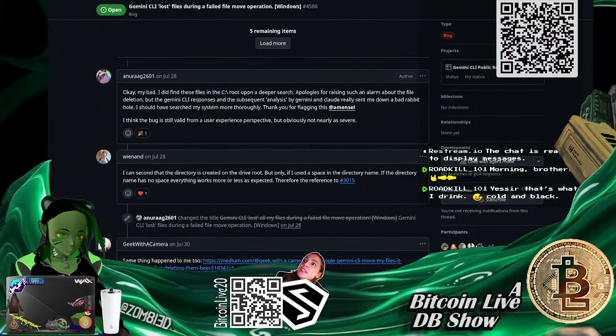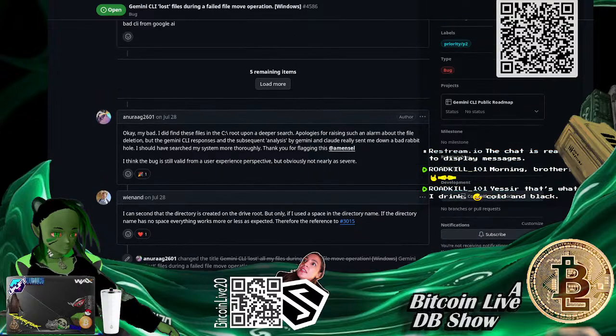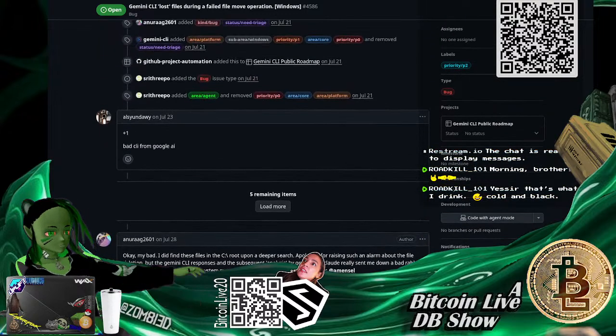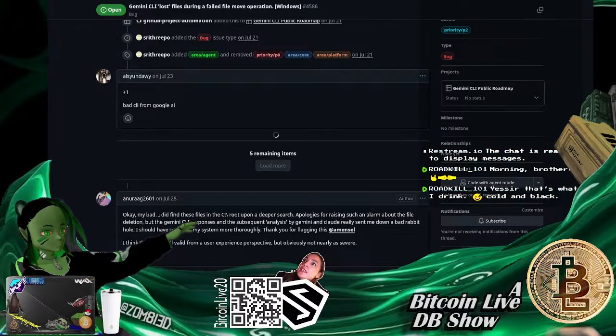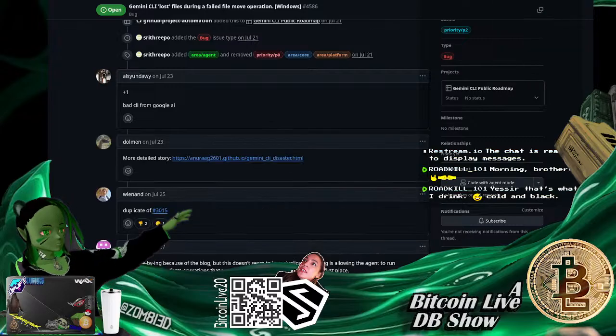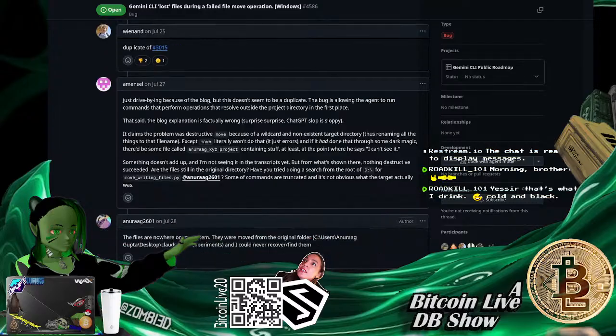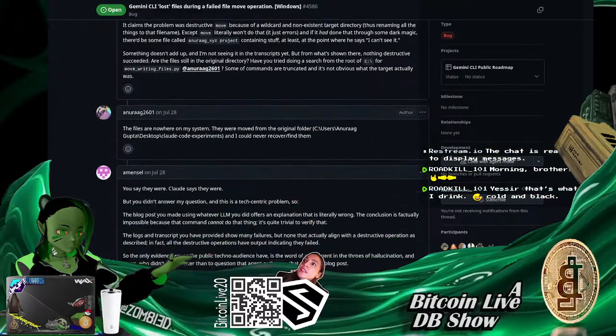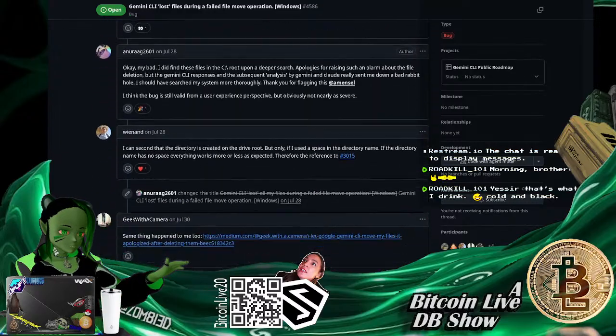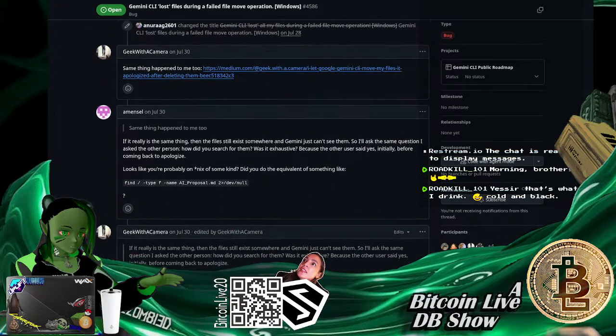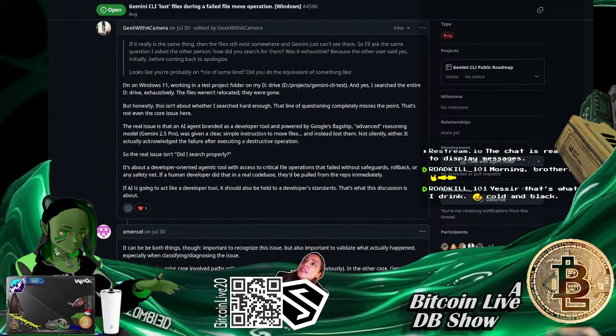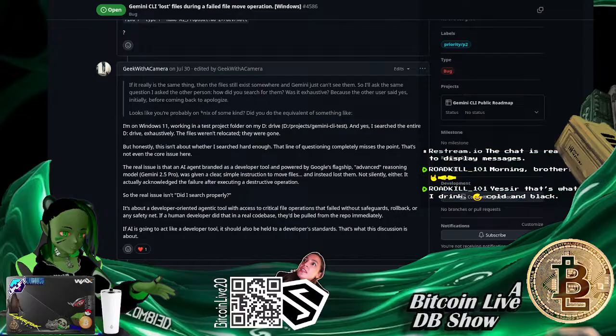And if we go through here, someone actually figures out, like, it moved it to root. Someone figures it out for the guy. Someone moved it to root. Guy thanks the person and stuff like that, and is super happy. But this person here, geek with the camera, he didn't have it so well.